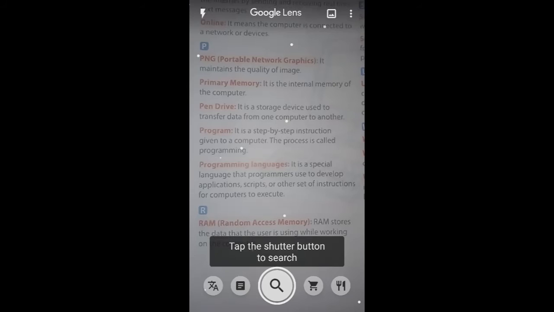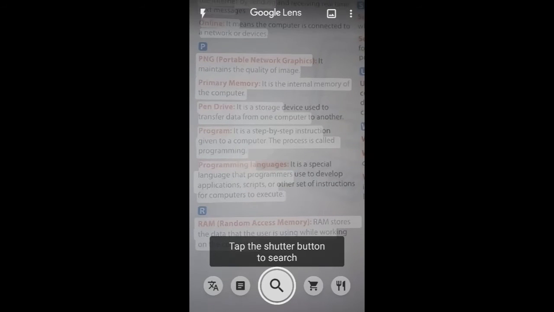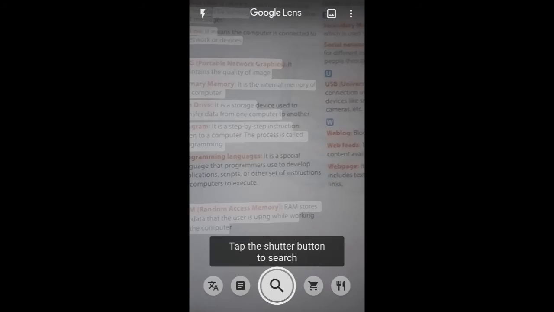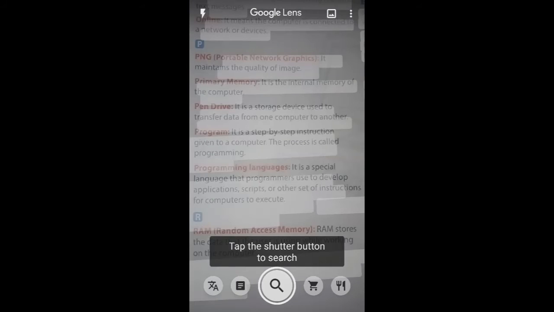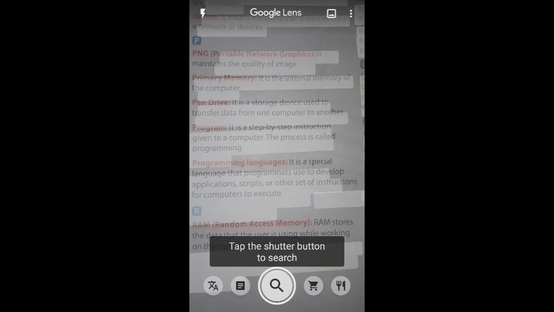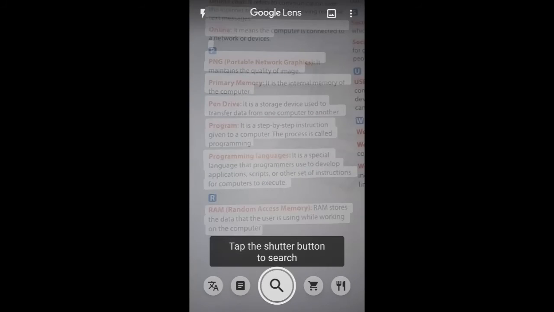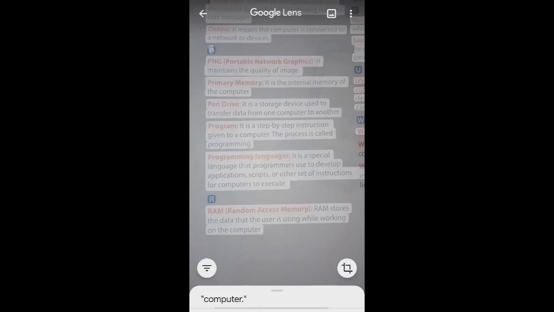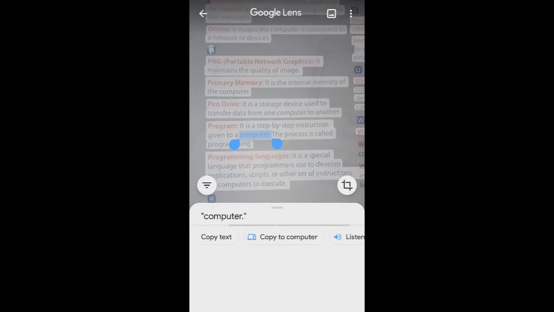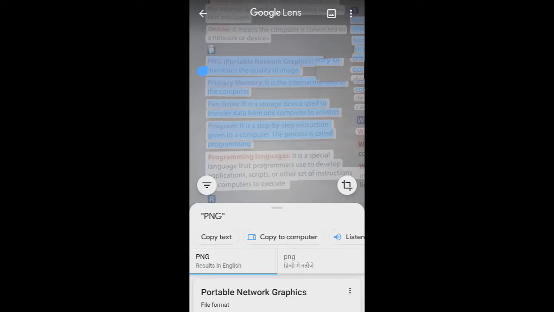hold your or place your camera properly so that it can select the text. Now after selecting the text, you have to tap on the screen. So it will take the image. Now you can select the image or the text that you want to copy or you want to translate.